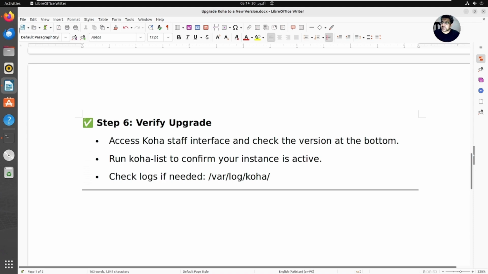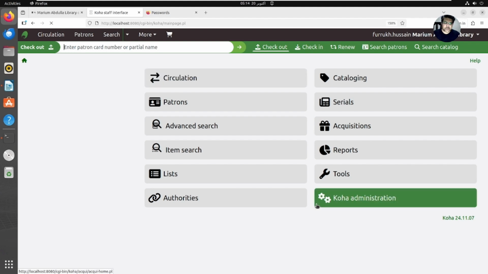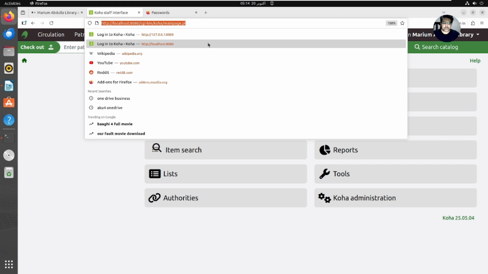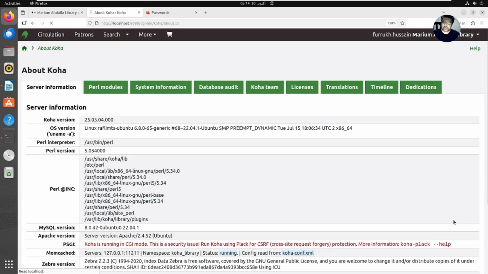What we can do, we can go to our Koha system and refresh this. There you can see it's actually 25.05. Further, we can enter here. And we can see now